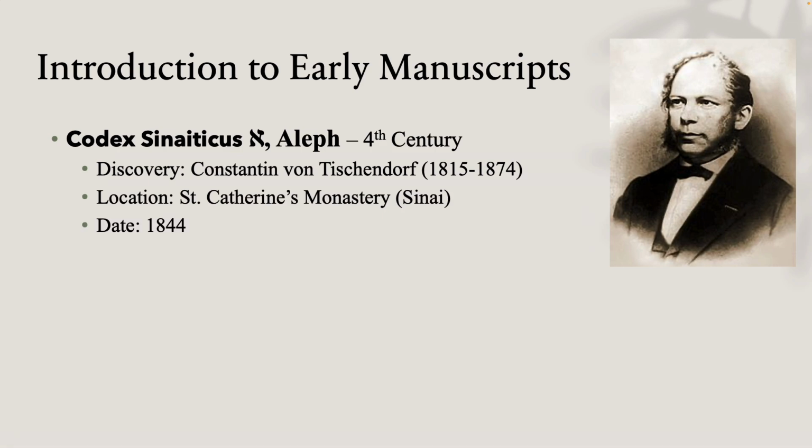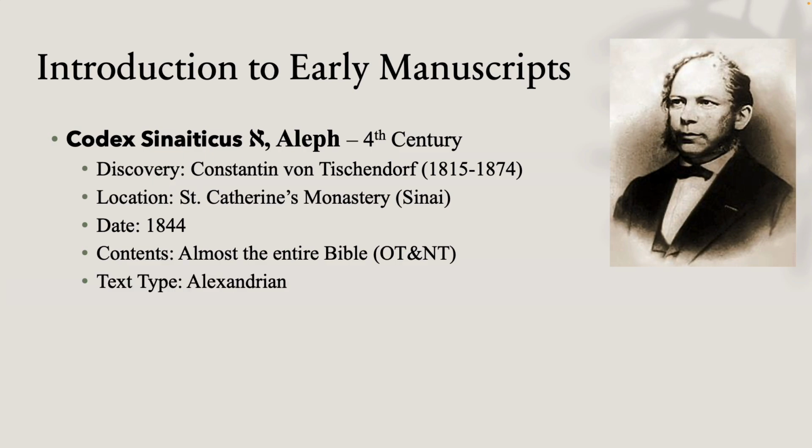But anyway, the date 1844 was the first discovery of him. The contents of this manuscript contain almost the entire Bible, Old and New Testament. The text type is Alexandrian, so this is part of the basis for the critical text. And its notable features